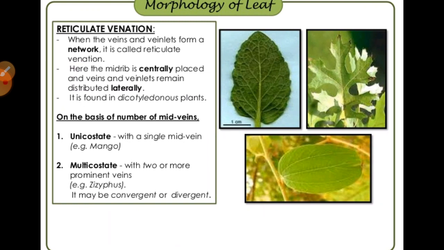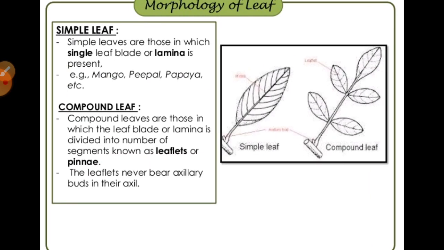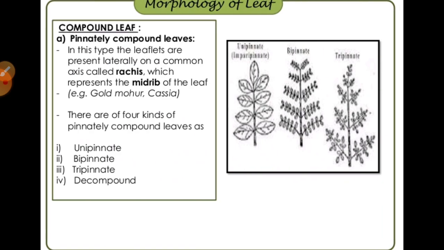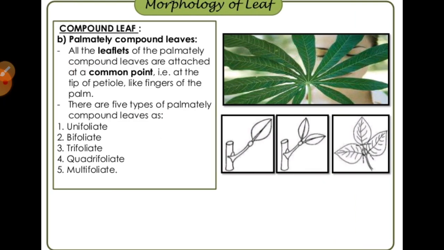Then the other thing, especially, they can be found in the arrangement of their leaves, in which we have all learned about simple leaves and compound leaves, especially about the compound leaf, you have all learned about the pinnately compound leaf as well as the palmately compound leaf. So these are the most important things. I think everybody is familiar with all these kinds of leaves.